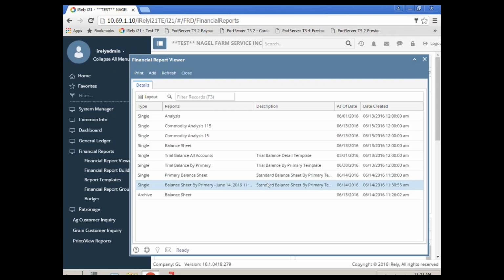So in other words, if I generate a report for the month of June, and it's saved, and I come in July and I want to generate a new one for July, is all this going to be saved here in the financial report viewer? Yeah, so